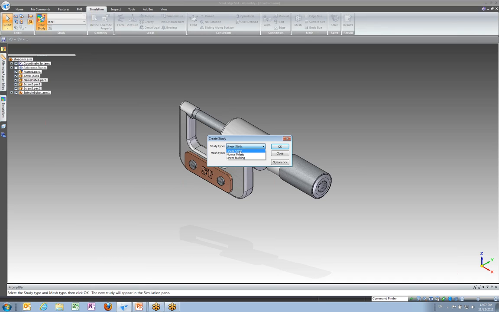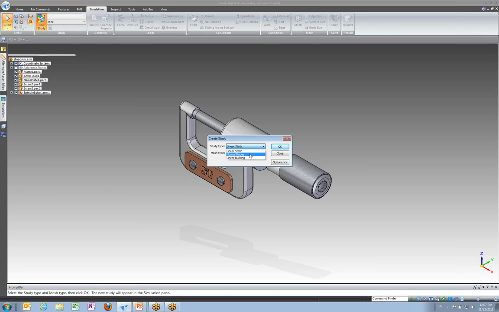We also have normal modes that we can perform an analysis on, and a normal mode is a natural frequency of vibration. If any of you have owned an old car and you've been driving down the road and you wonder why whenever you hit 80 kilometers an hour it starts to shake violently, that's because you've reached a natural frequency of the car structure, for example, and it begins to resonate. So being able to identify a part or assembly's natural frequencies of vibration is useful, because then you can identify areas where, at certain operating RPMs, you might get resonant frequencies which will